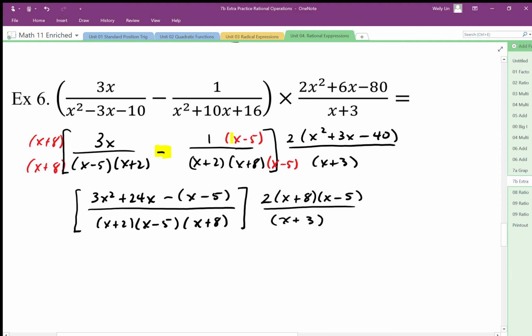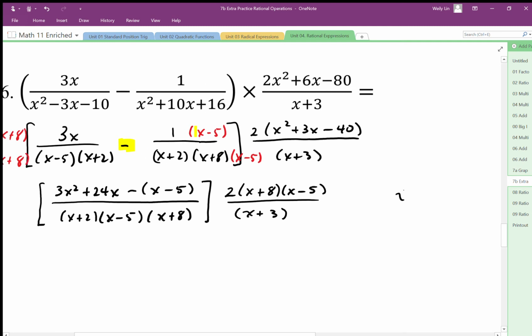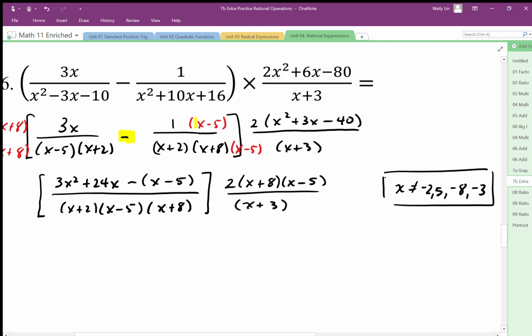Okay, so I have the whole denominator factored, so I'm going to state my restriction. x is not equal to negative 2, positive 5, negative 8, and negative 3. Okay, so those are my domain restrictions here. I can see that I have an x plus 8 that cancel, x minus 5s that cancel. Since the denominator is entirely factored, and the numerator here is factored, I can start canceling out to